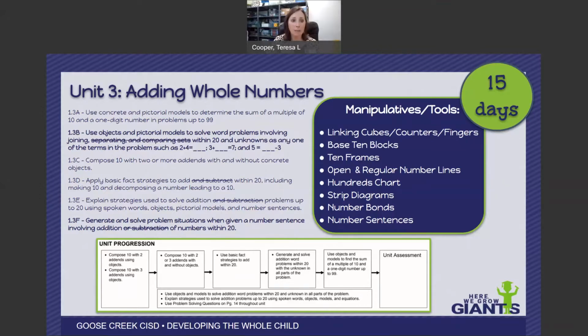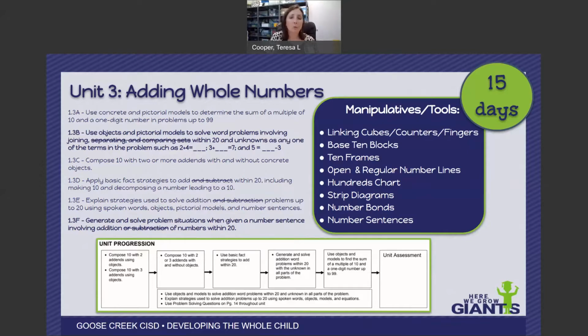Then 1.3b, this is one of the ones where it mentions separating and comparing sets within 20. We are not doing that part yet. That will be our next unit. So for this unit, we are using objects and pictorial models to solve word problems. So we're not giving kids just a sheet of computation facts, and we are joining sets within 20, and the unknown gets to be in any one of the terms in the problem,